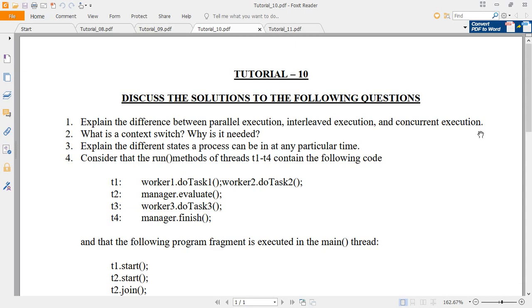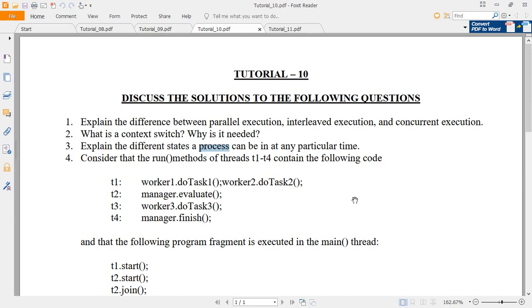The next question is, explain the different states a process can be in at any particular time. A process may be in any of 5 states, such as ready state, running state, and intermediate states like blocked state, suspend state, and sleep state.